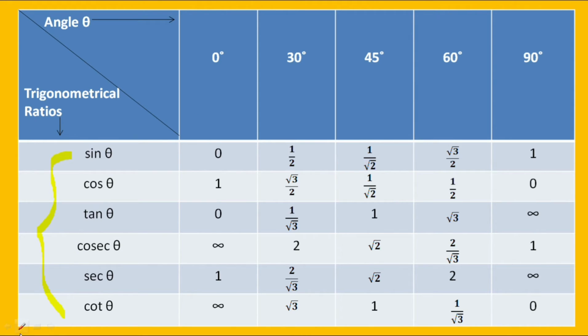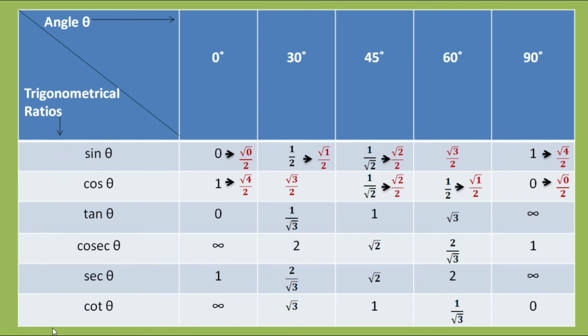Now let us come back to the table again. Cosec 30 degree should be equal to 1 by sin 30 degree. So cosec 30 degree should be equal to 1 by 1 by 2. That means the value will give me 2. And in this way, cosec 45 degree, cosec 60 degree we can find out. Similarly, sec 30 degree will be equal to 1 by cos 30 degree. So put the value of cos 30 degree, then find out the value of sec 30 degree, we will get 2 by root 3. And similarly, cot theta also we can find out as 1 by tan theta using this relation.